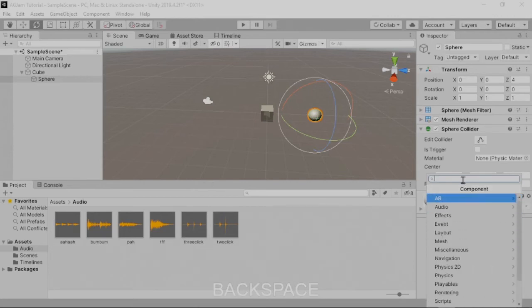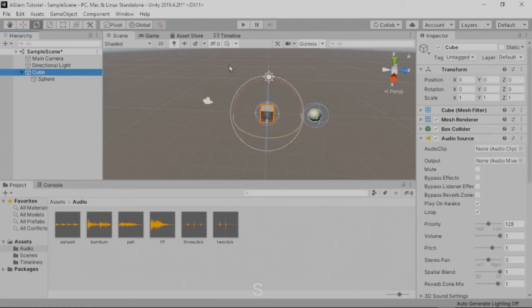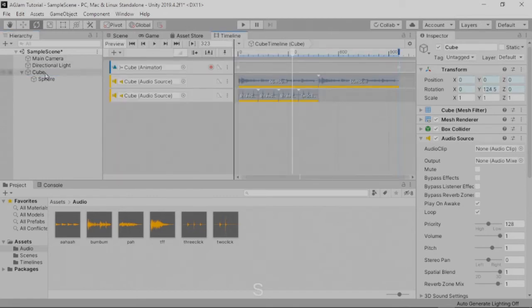Like there's all of these different folders that are all full of things. Generally when you add a component, the thing that you want to do is just start typing the name of that component. So we're just going to type audio, and it goes, yes, here you go. You want an audio source. And we say, yes, we do indeed. And so that's created an audio source for us. It doesn't have any audio clip on it, and that's just fine, because we are going to use that same timeline that's attached to the cube to play a sound on the sphere as well as playing one on the cube. So let's come back to the timeline tab, make sure that our cube object is selected,